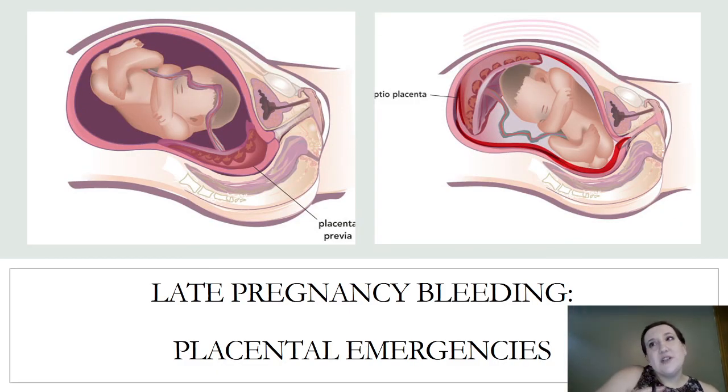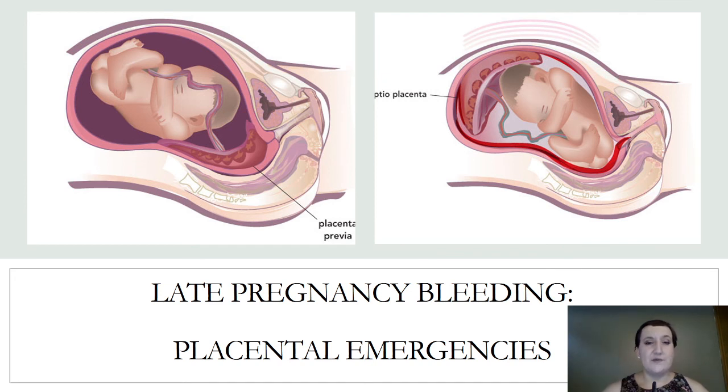So after 20 weeks of gestation, when you're talking 20 weeks to 23 weeks of gestation, that can be a really iffy time period as to whether this baby is going to be viable or not. Usually during that time period, the woman is allowed to progress in her labor and then allowed time to be with her baby after the baby is delivered, and as that baby passes away.